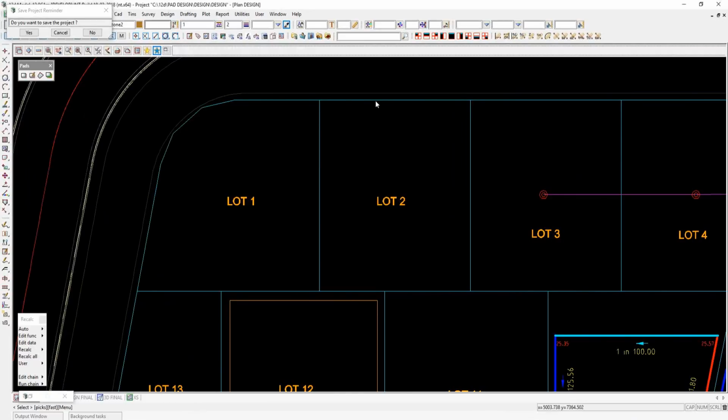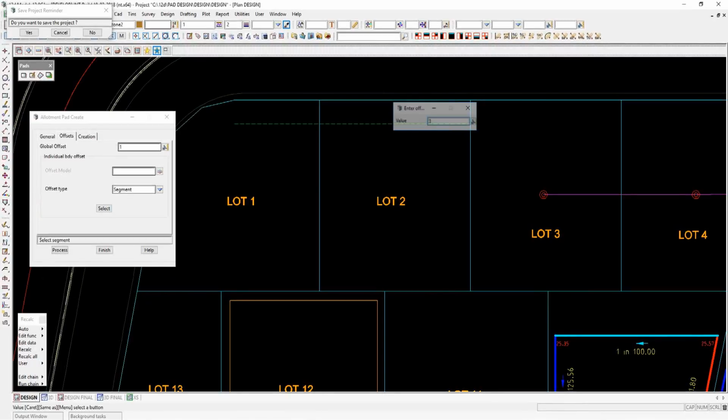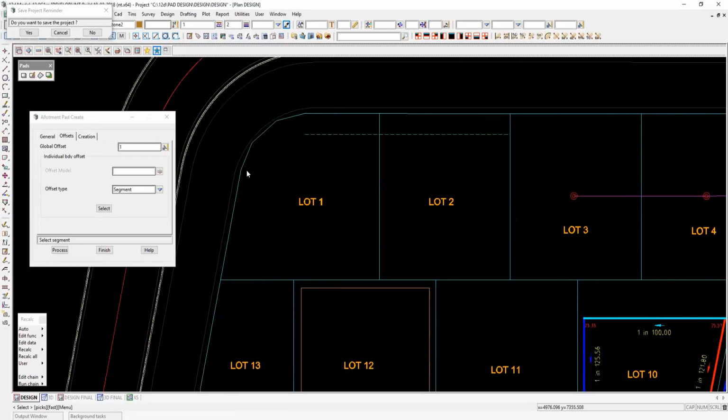So I go select. I pick the direction. That means you hold your cursor down, move along the string a little bit, release, and then type in a value of 3 meters. So you always pick in the direction where the offset would be positive on the right-hand side. You can not only pick the segment from point to point, but sometimes you may want to cut a corner where you don't want the segments for the block. So you can change that to point, and I can pick a point from here to there, and again put in my offset,